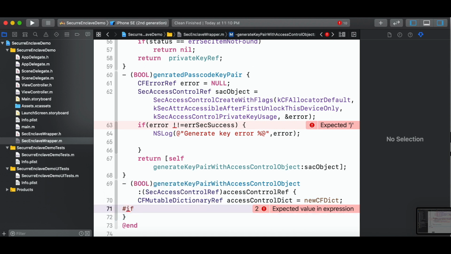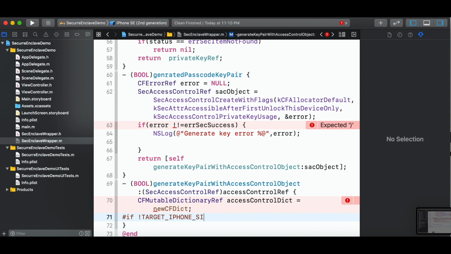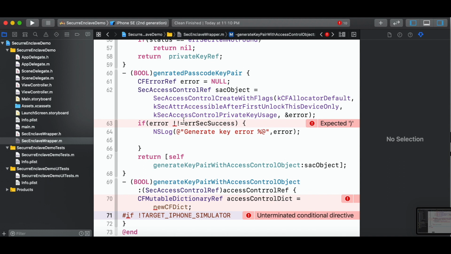So #if not TARGET_IPHONE_SIMULATOR. Then if it is not the simulator, then